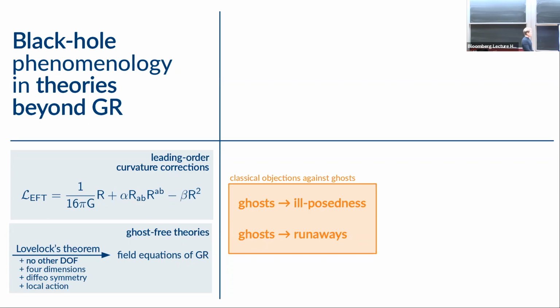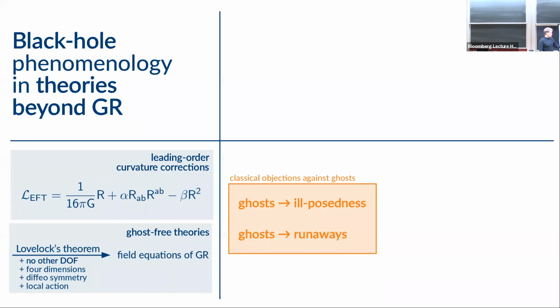Yeah, so if you look at these types of theories, and if you have ghosts in your theory, there's typically two things that people tell me. One is that you have runaways in your theory, right? If you have a Hamiltonian which is unbounded from below, you expect, even just in simple oscillator systems, runaways. So if you excite that mode, you just expect the kinetic energies to decay into infinite and minus infinite terms. The other is that, and this might be related,